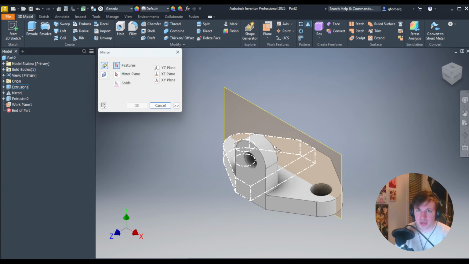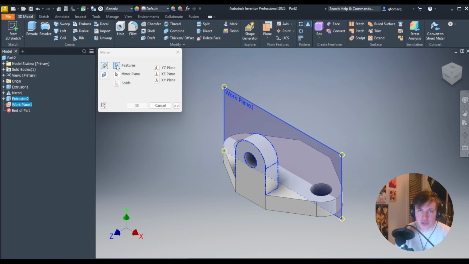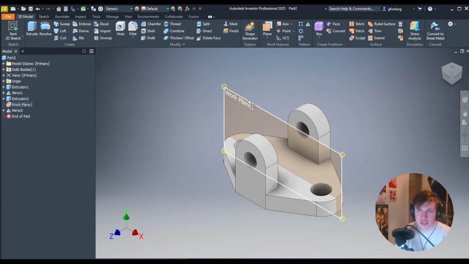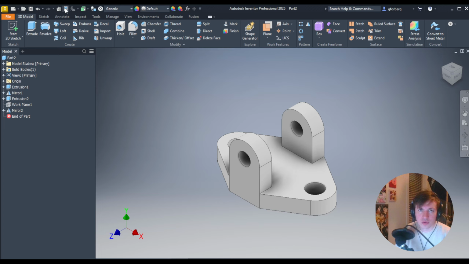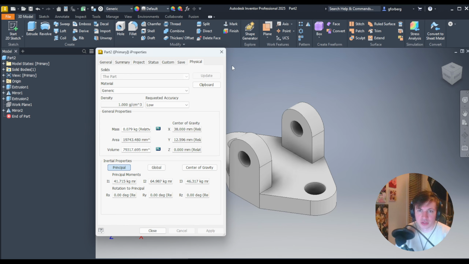Now I can grab my mirror command, choose the mirror feature. I chose a little too many. Just this feature, and choose this as my mirror plane. I click OK, and now that's done. I can right click on the visibility of this over here. I'll go over to my eye properties, physical, and update, and we should be getting 19,743.48 and